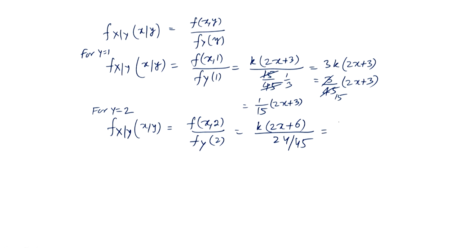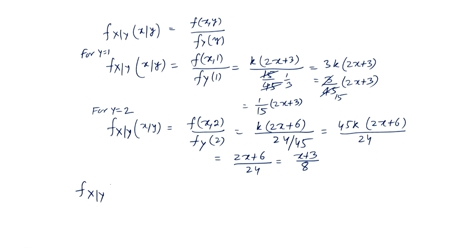So, this is 45k into 2x plus 6 divided by 24. Okay, 45k equal to 1. So, we have 2x plus 6 divided by 24. Okay. So, we have x plus 3 divided by 8. Okay. So, f x given y